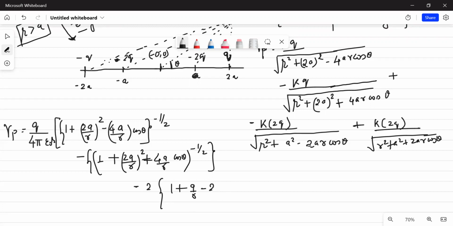If I take r common from here, I'll get a by r whole square, and then minus a upon r cos theta to the power minus half, and then you have plus 2, and then I will write a by r